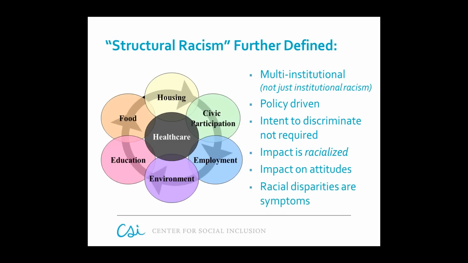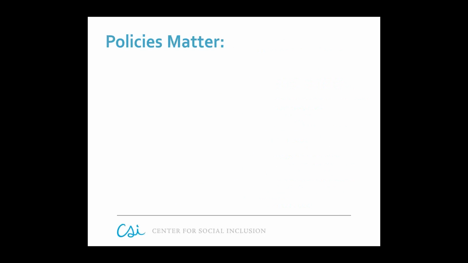And finally, racial disparities are merely symptoms of the deeper problems. And if we don't work to change structures in strategic ways by looking at the whole picture, then just addressing disparities in one area won't solve the problem. So how do we get here? It's important to understand that policies we have enacted over time helped invest in the success of some and created barriers for others. The way our communities are designed and segregated is a direct result of policies that invested in some people while leaving others out.